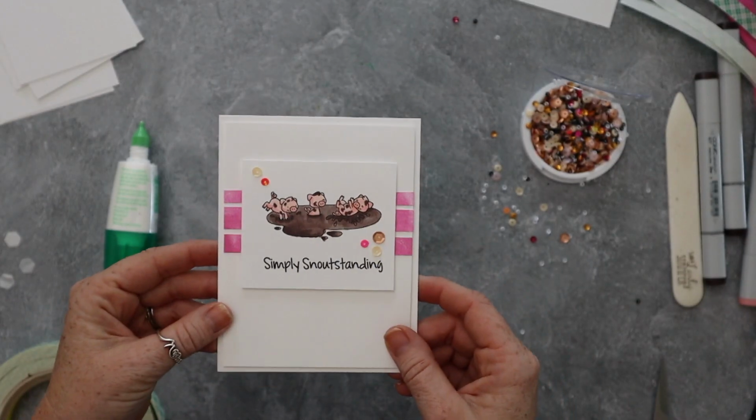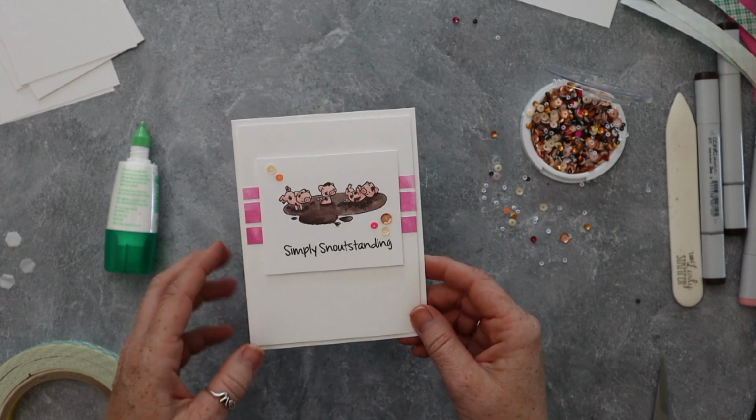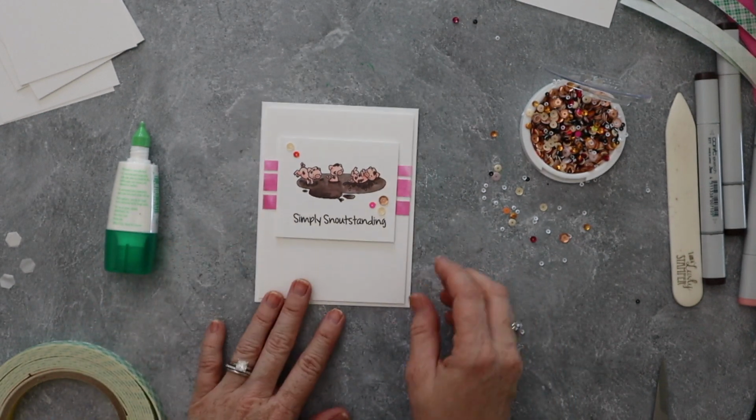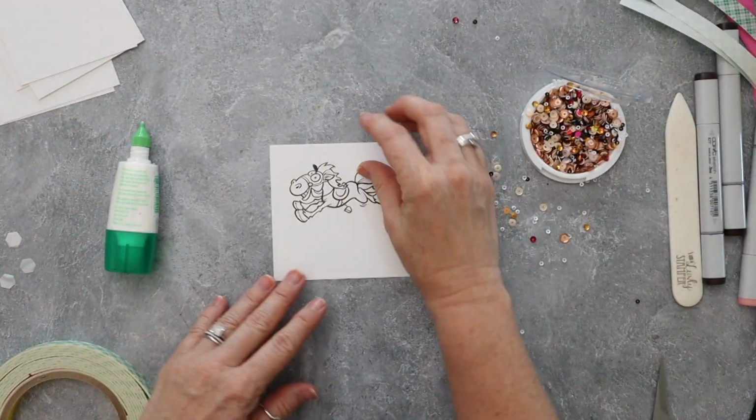So this will be great to give to people to thank them for helping us with the pigs and to give to potential buyers. So yay. So that one's done. So now let's make one of our